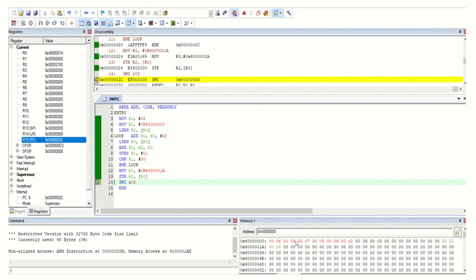Then load the second number also into a register. Add the first number with the second number, because we have to add a series of 16-bit numbers. Here we are doing the adding operation, then store the result in one register, R2.